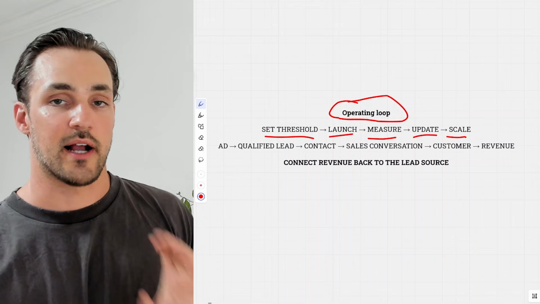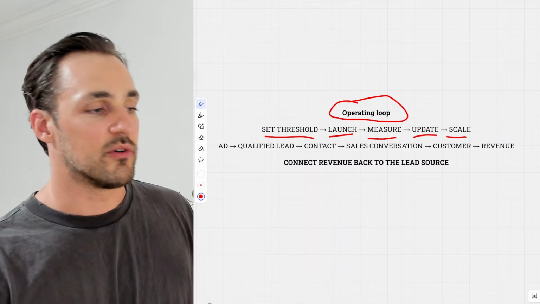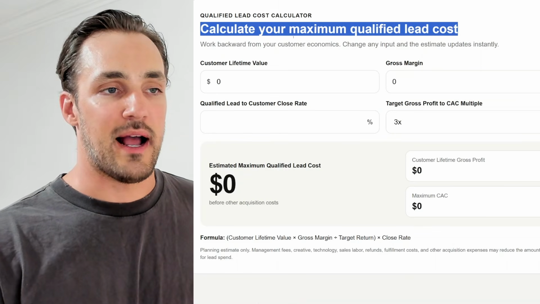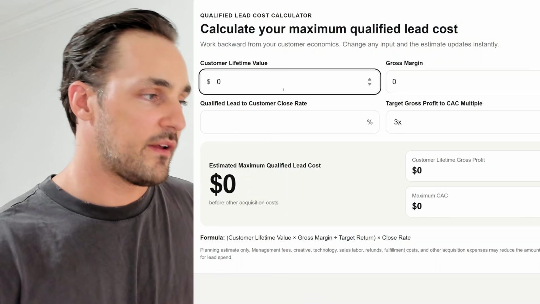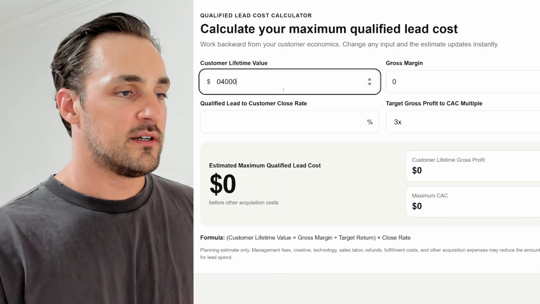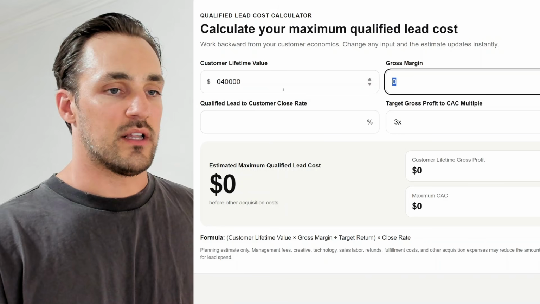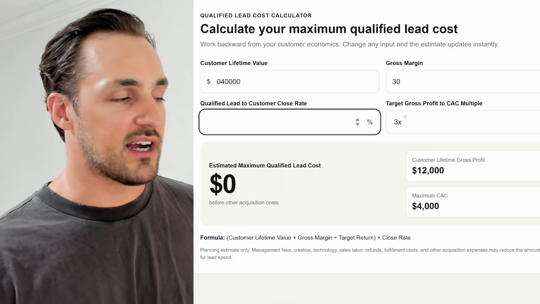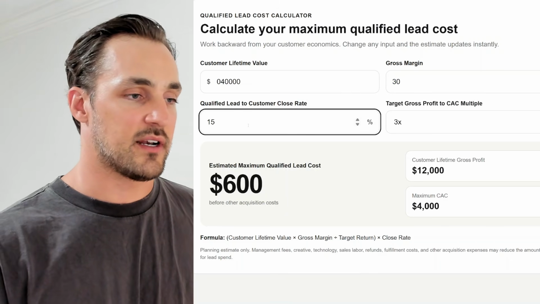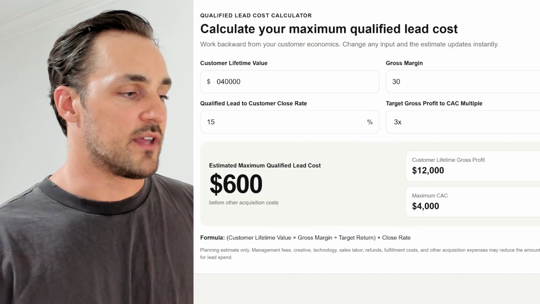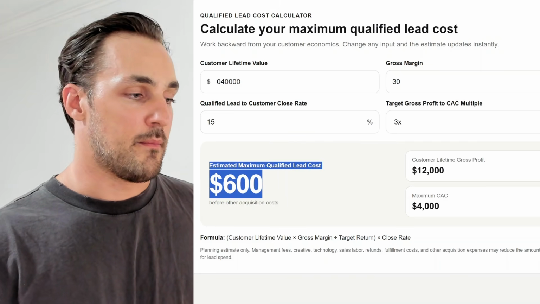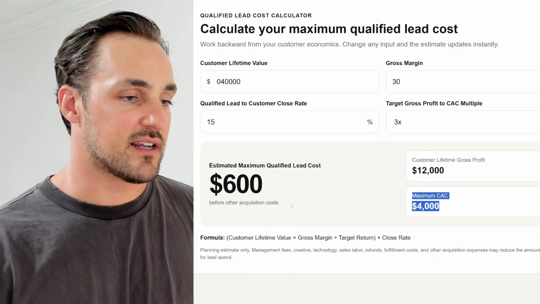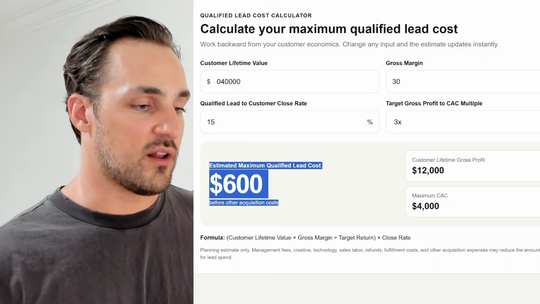Now, let me show you how we can actually apply these numbers into a model for your own business. And we're going to run it live with an actual calculator. Here's a calculator calculating our maximum qualified lead costs. We have a $40,000 customer value. Let's assume we have a 30% gross margin like we had shared earlier. We're targeting a 3 times return and a 15% qualified close rate. The calculator gives us a maximum cost to acquire a customer of $4,000 here and a $600 maximum qualified lead